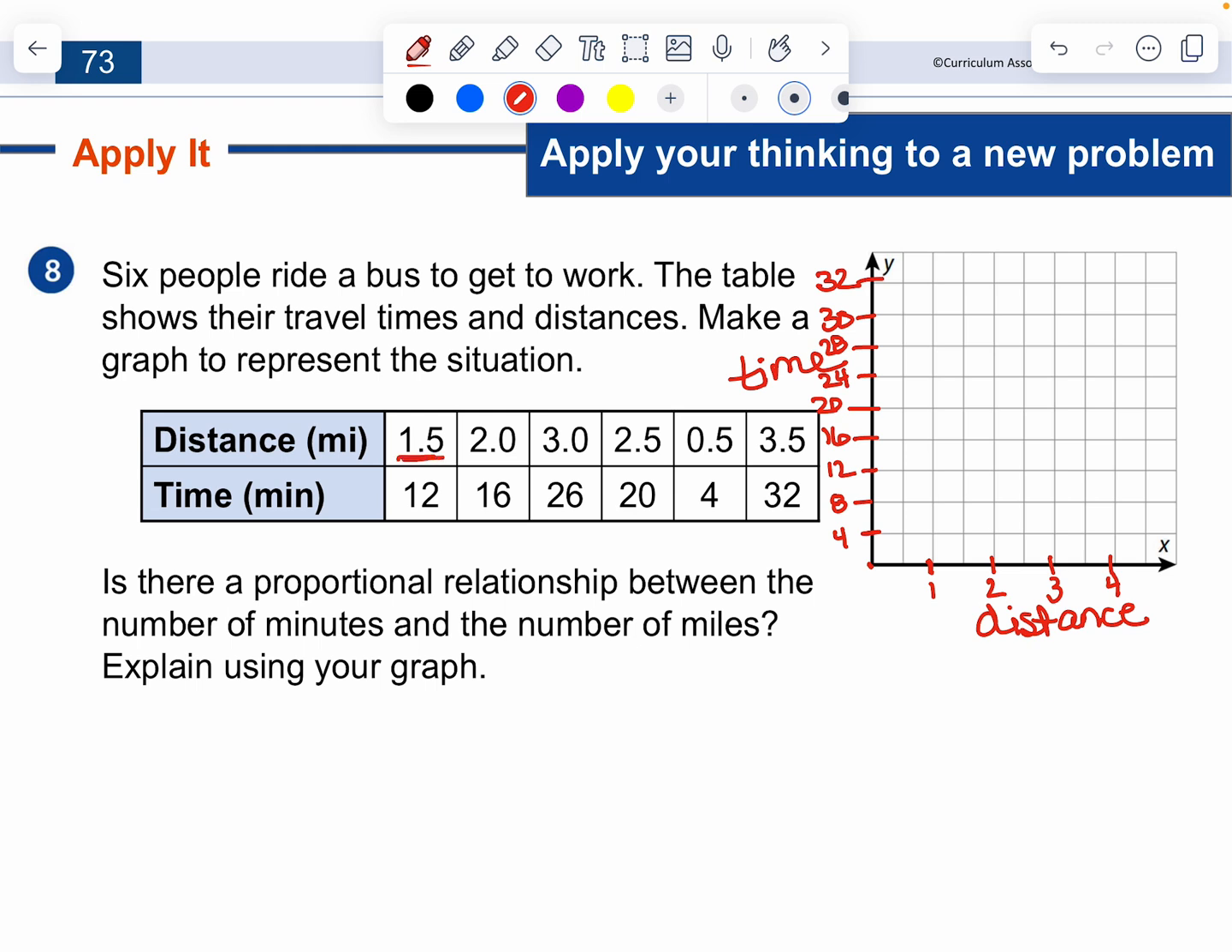1.5 and 12 would be right there. But I need just a point, not this line. So at 1.5 and 12, 2.0 and 16, 3.0 and 26, which will be halfway between 24 and 28, 2.5 and 20,